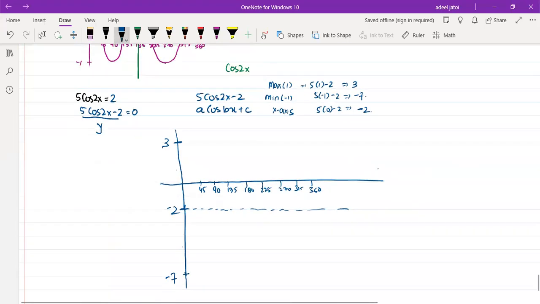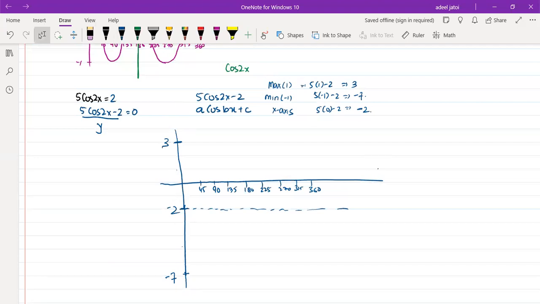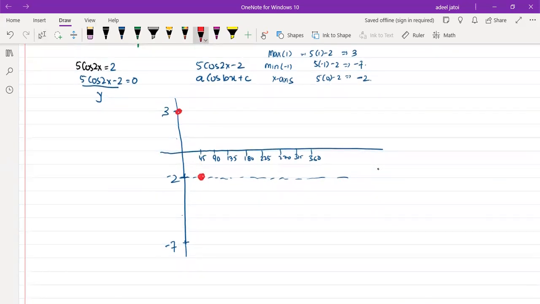Can I see that the maximum, now I am going to have 3. So this is my maximum value. Do you agree? It used to intercept at 45. Now it will intercept here at the x-axis. It used to cut at 90 at the minimum. Now the 90 will be here. Similarly, 135. Do you agree to this? Can I say this becomes 180? And if I draw my graph slightly like this,